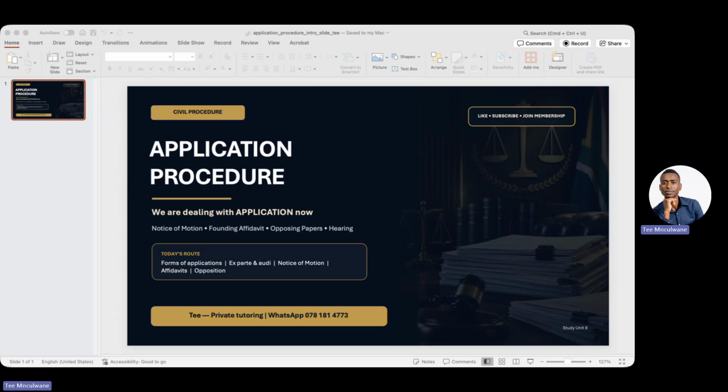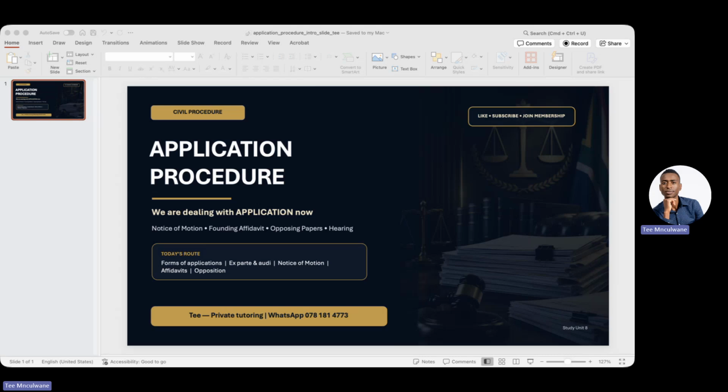So in simple terms, the notice of intention to oppose, usually 5 court days. Answering affidavit, usually 15 days after the notice of intention to oppose, right? Replying affidavit, usually 10 days after the answering affidavit. In the magistrate courts, Rule 55 application forms require the respondent to give notice of intention to oppose by the date stated in the notice, within 10 days after giving notice of the intention to oppose, right, to file the answering affidavit. So now, guys, you must be careful.